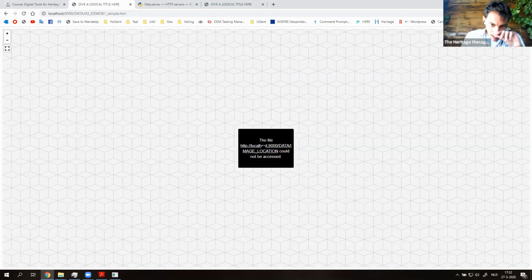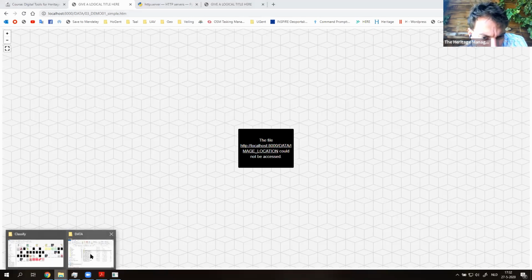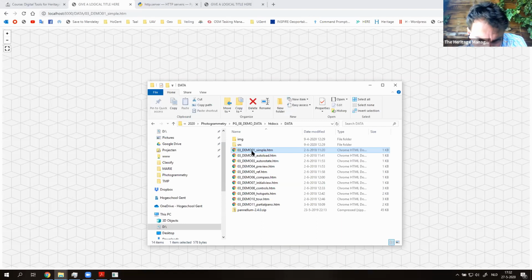The file could not be accessed. This is normally the case when using your local host, your local server, localhost 8000 data 03_demo01_simple.html. This should be the result, because we haven't done anything with our demo data yet. In order to solve this, you can right click on it,